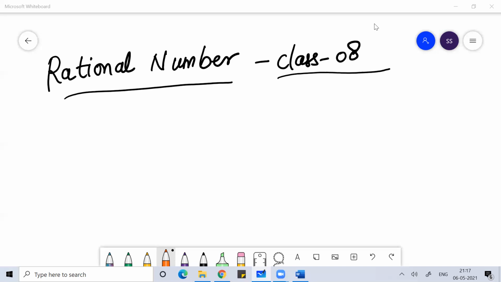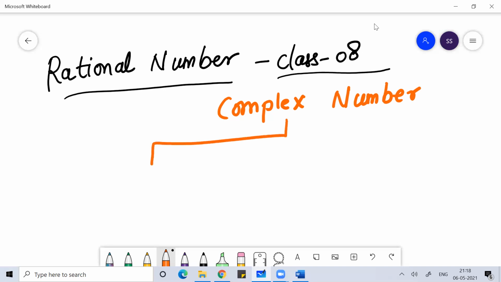Now these digits together make something called a number. When we talk about all the numbers together, we call them complex numbers. Complex numbers as a topic we'll study in our 11th standard mathematics, and we'll try to understand the representation of complex numbers on the number line. We'll try to do mathematical operations on complex numbers gradually in the future. Right now, we just focus on those numbers which can be represented on a number line, which are called real numbers.